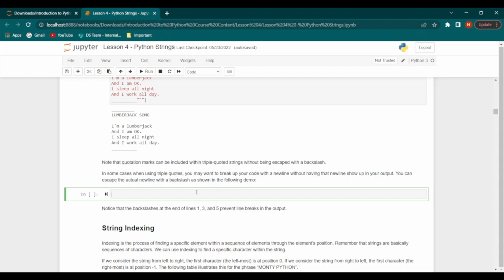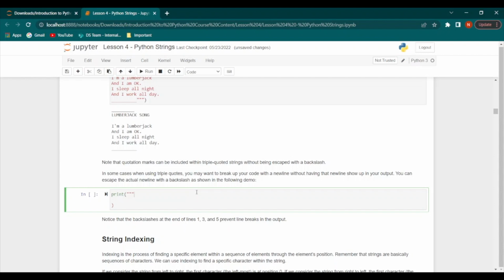Let's see how this would work. So let's say we have another poem that we want to print. So we will create our backslashes like this, our triple quotes like this, and we will start with the poem. So where Knights of the Round Table backslash we dance whene'er we're able,